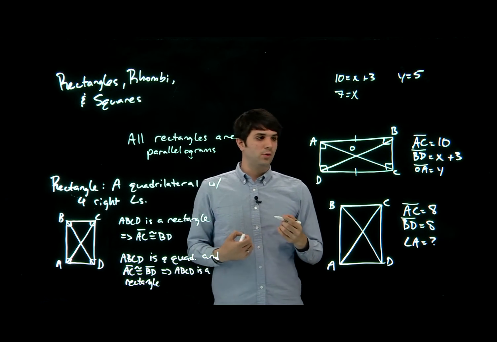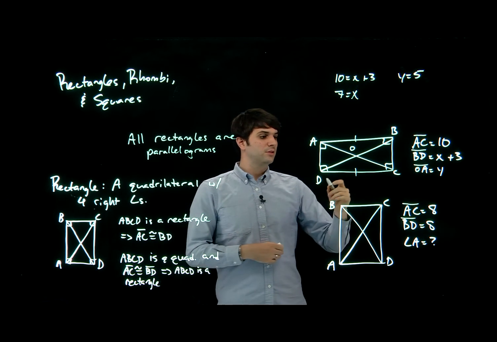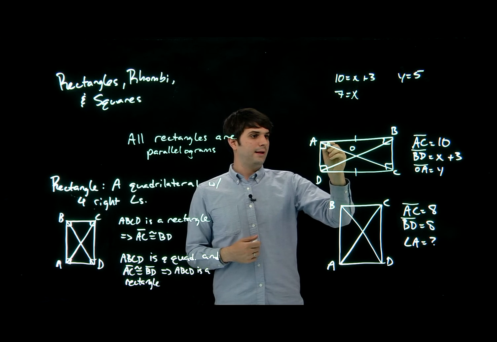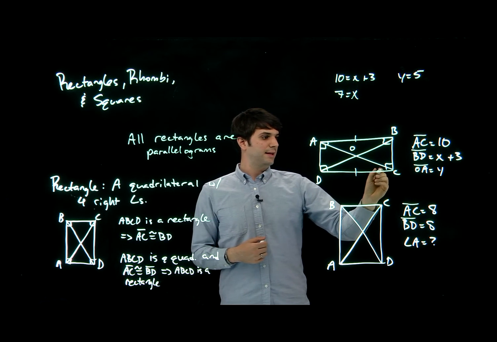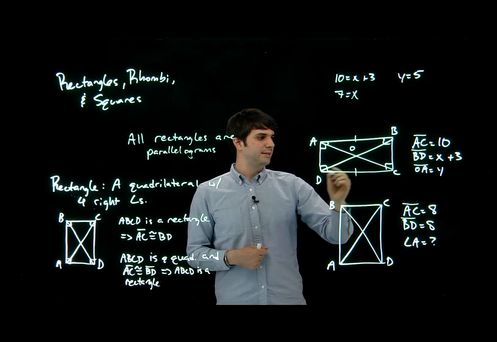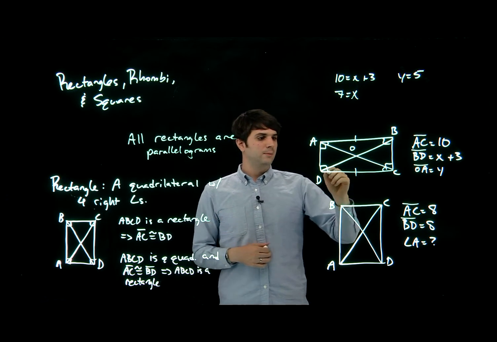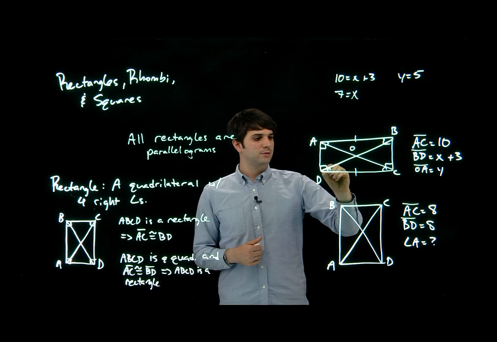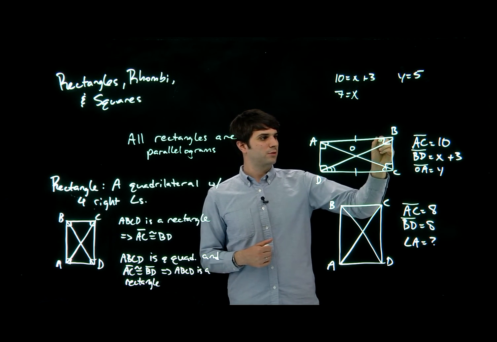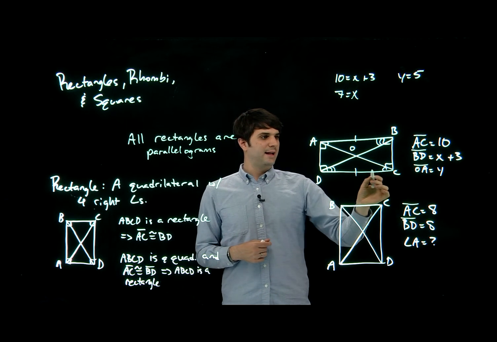Since all rectangles are parallelograms, we know that angle BAC is congruent to angle ACD. We also know, because of alternate interior angles, that these are congruent. So by ASA,